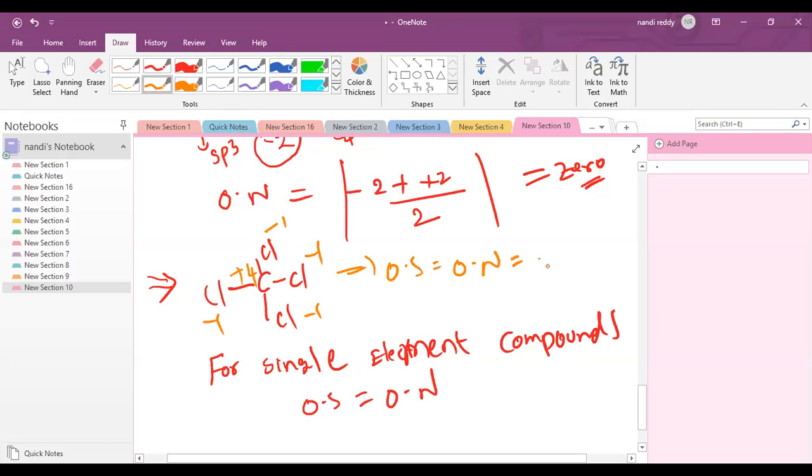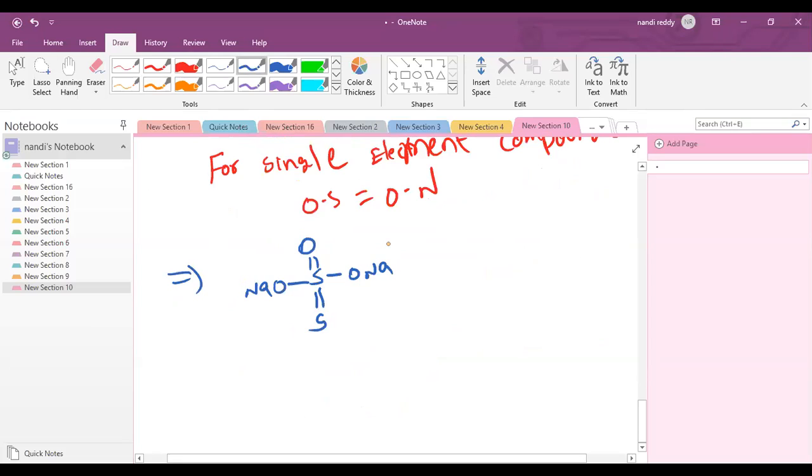And similarly, try to calculate the oxidation number and oxidation state. Okay, I will give the structure. Don't try to remember any structures which I give you as examples. When we come to chemical bonding, we'll learn how to draw all the structures. Now I'm giving the same kind of example, you can practice on rough paper. Try to remember only how to do it. Don't worry about the structures. Oxidation number and oxidation state calculation, everything is the same process. There are no different rules.